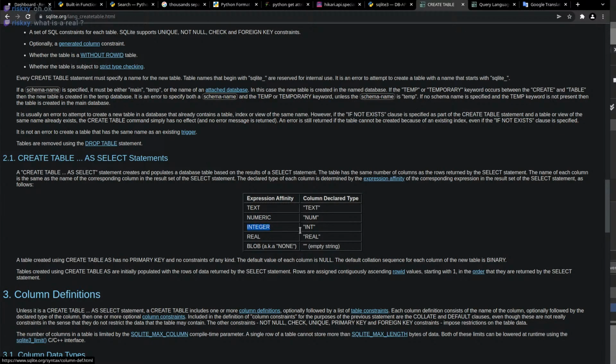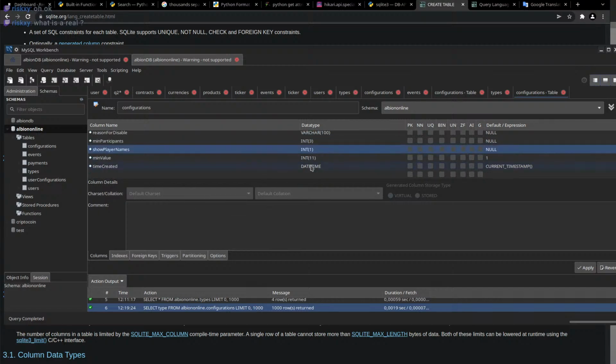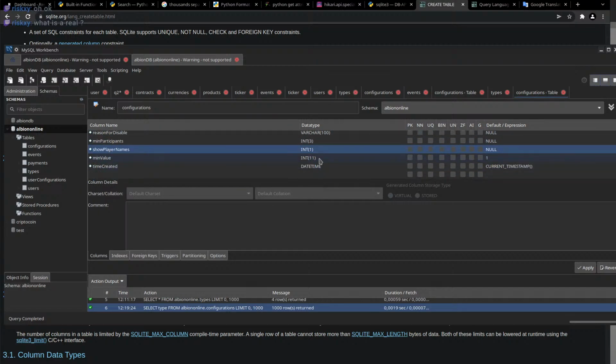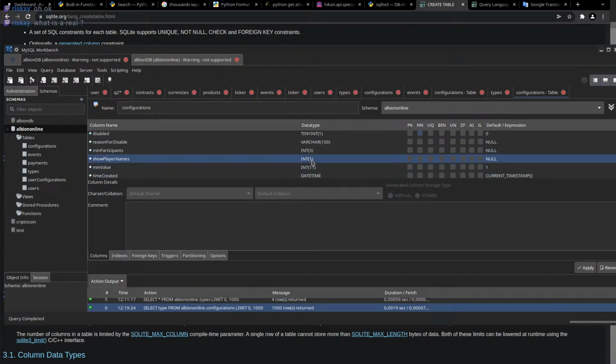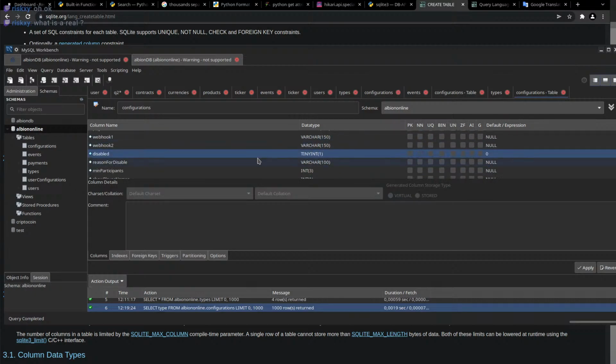Not sure if integers can be signed. Yeah, all of these are just numbers. Okay, well, whatever. And yeah, normal databases have more types. Int, for example, there's a difference between integer and, where was it? I saw a tiny int. Tiny int, yeah. So since this is MariaDB, it doesn't support